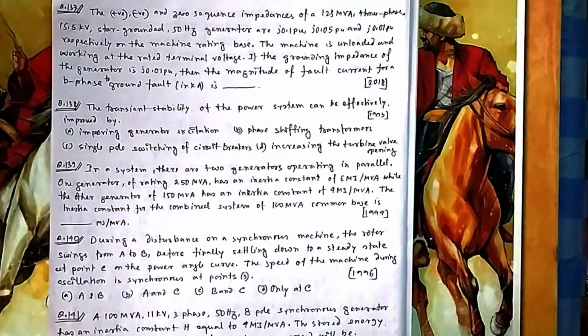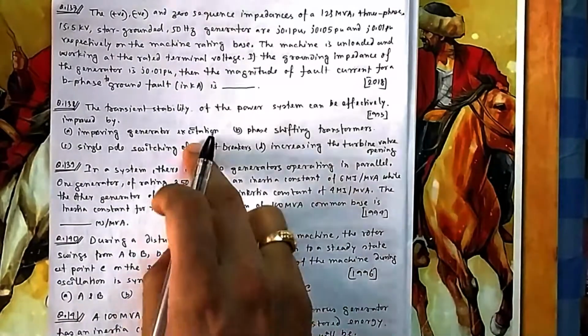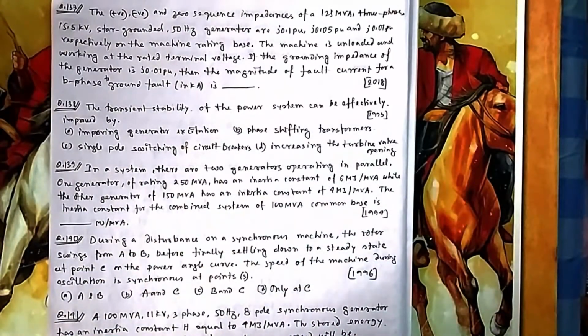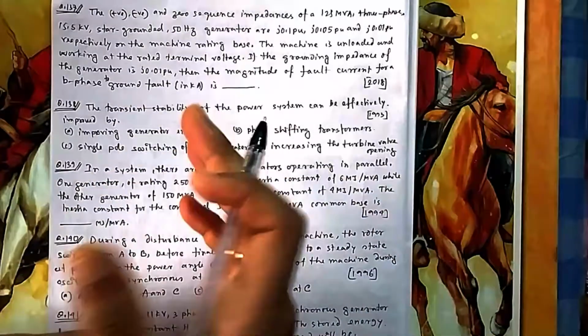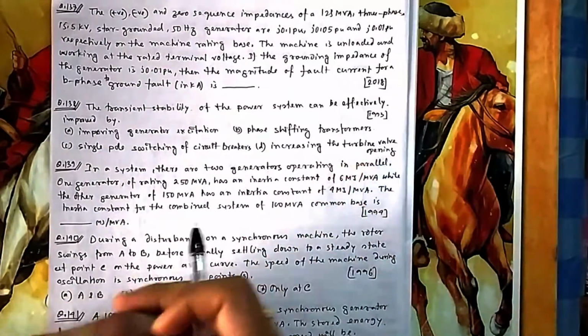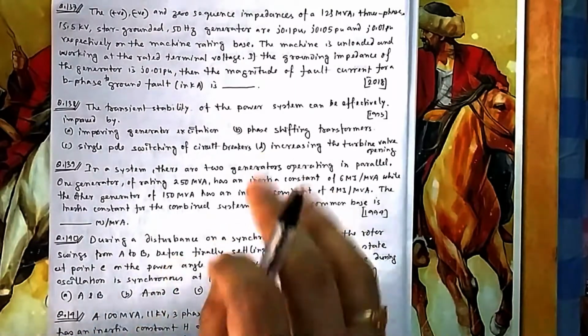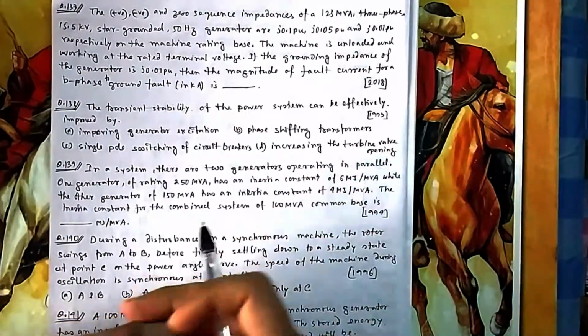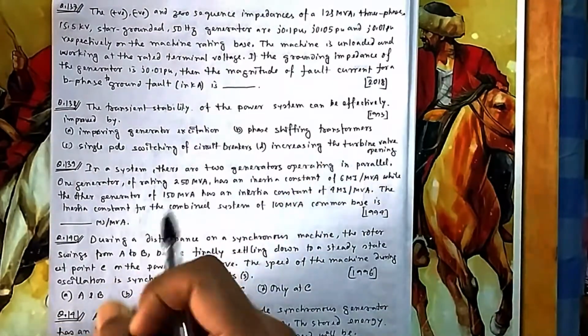Okay. So improving generator excitation generally goes to your voltage stability. Phase shift in transformer generally changes the angle, again related to your voltage profile improvement or balancing. Increase turbine valve opening, that is for if there is a change in load, so you will open this one, but it will take some time to settle at a point.